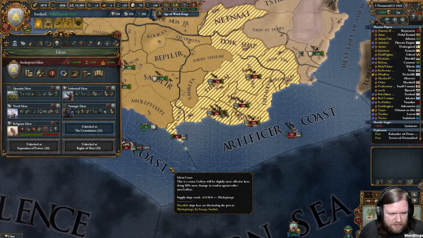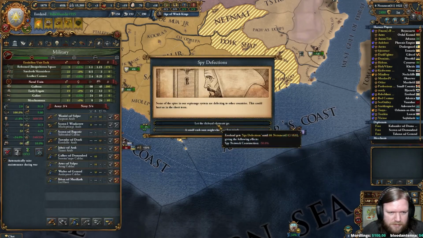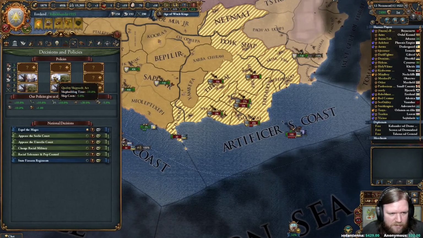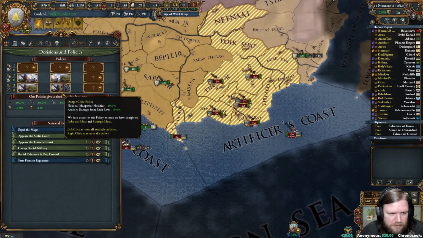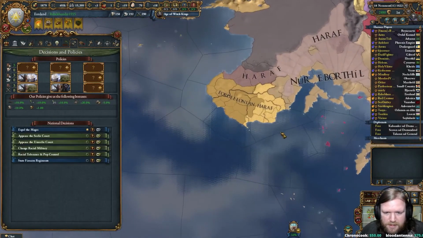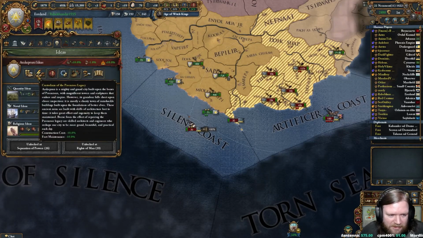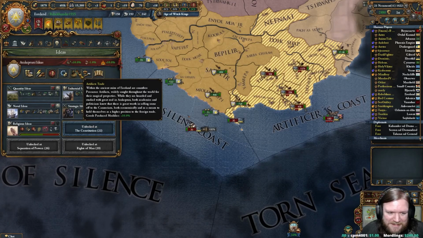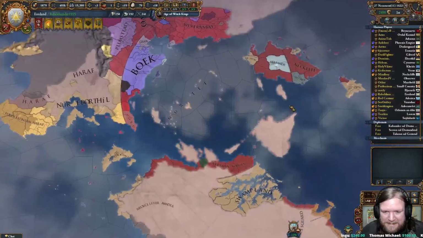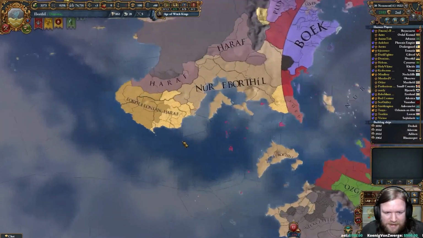Naval ideas. What are they doing for policies? Naval force limit. Nothing really. And Yordland's national ideas. I don't think they actually have any naval national ideas. I don't know why Yordland has exactly gone naval. I love that they have. It's just a little bit weird. And then Eberthil